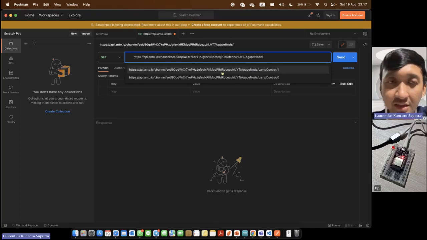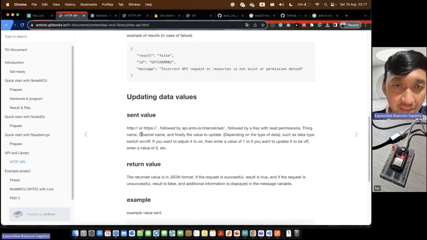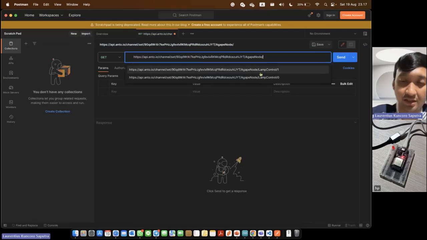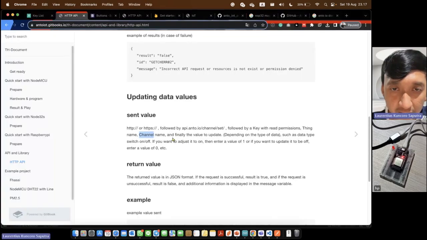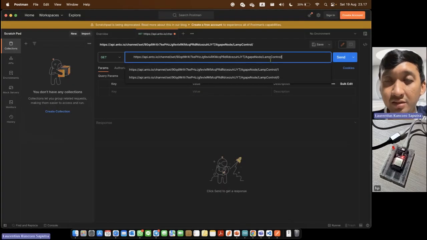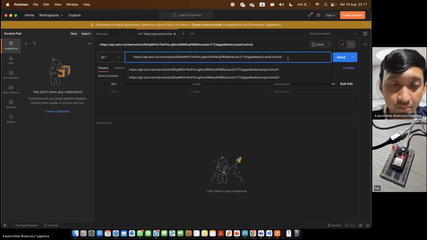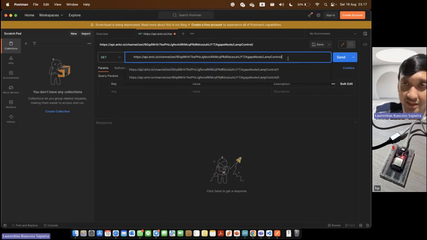After that slash, the channel name. The channel name is lamp control. Slash, and the last is the value to update based on our channel data type. Lamp control is a Boolean data type, so we can set 1 or we can set 0.